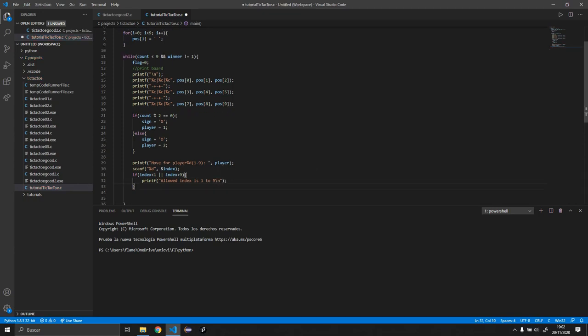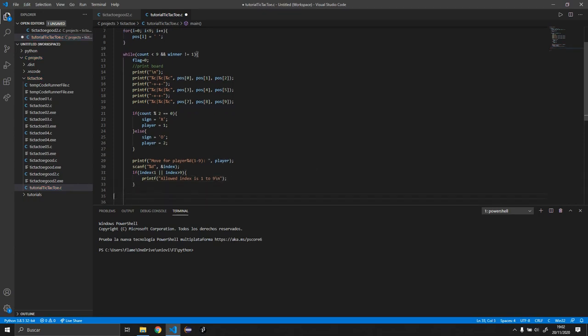And now we also want to check if the index, the number you press, has already been used. So if the position of the index minus 1, because it's an array and it starts at 0, so we have to subtract 1,